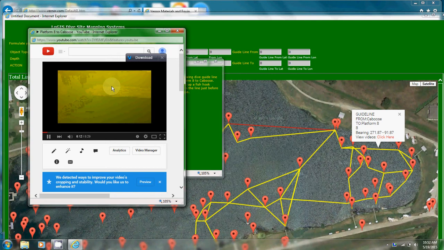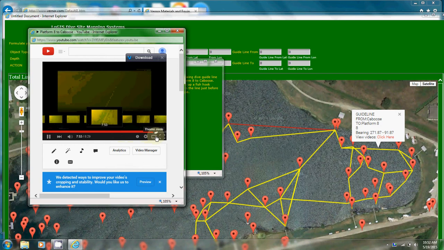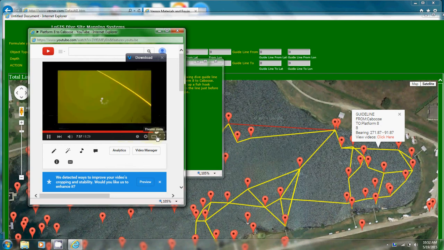Here's the platform, and then you'll see in a minute the other two lines going off. One goes to Thumping Thunder and the other to the caboose. And then if I drag this video right towards the end, just let it catch up. I'm just coming up to the caboose,